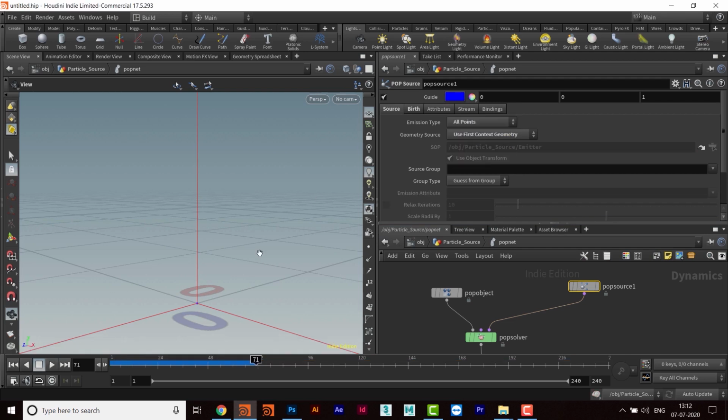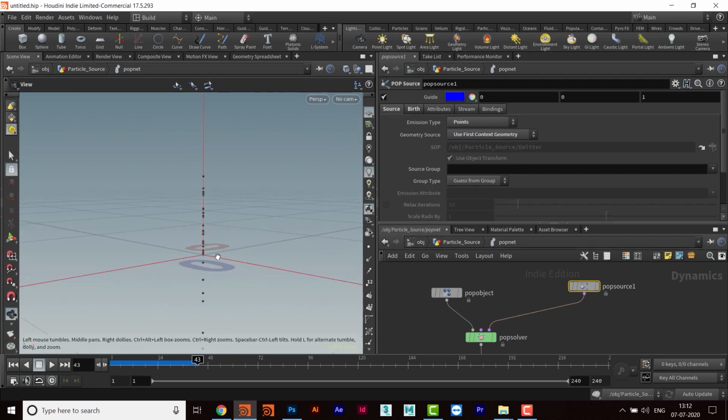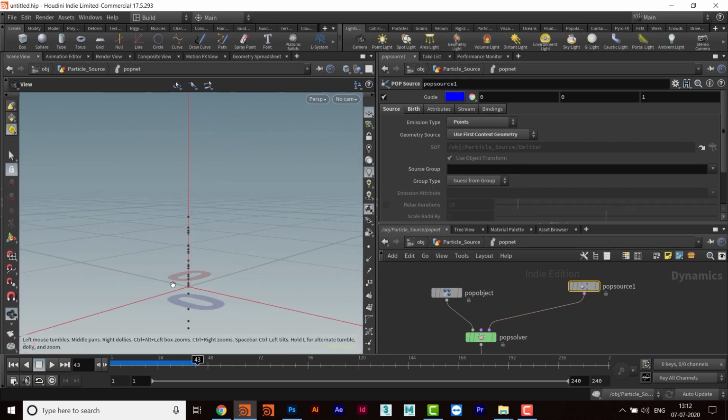Okay, so all these points will be used when we have some sort of geometry, that we have just taken a point right now, and that is why this problem was creating. So now when we take this point, we'll have to use this first context geometry.